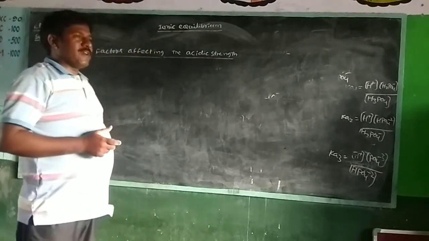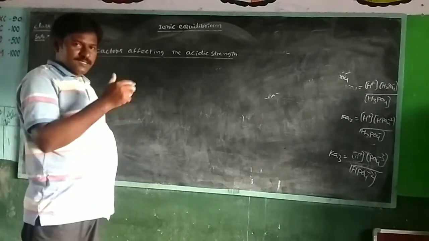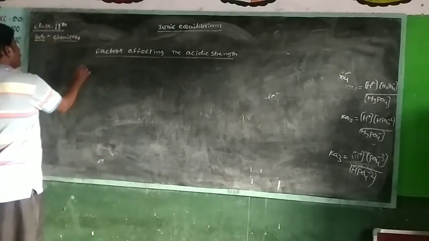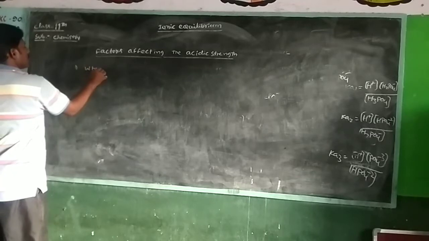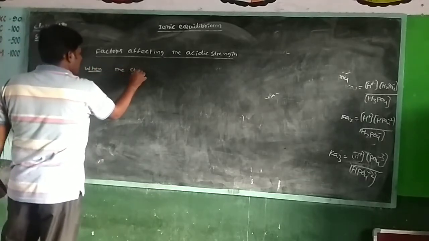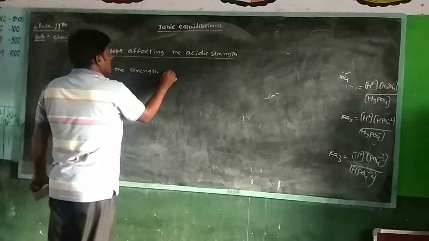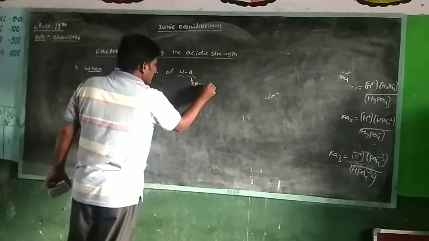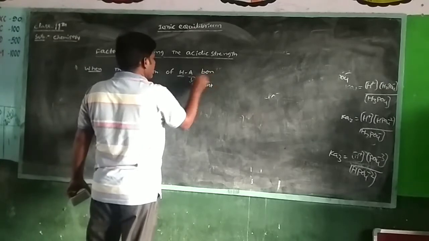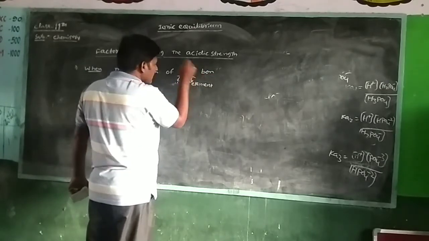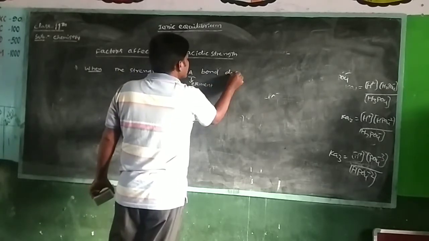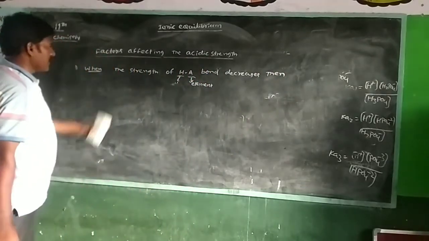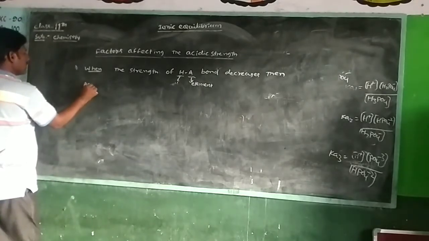That means when the strength of the HA bond decreases, then acid strength also increases. Here H means hydrogen and A means element. When the HA bond strength decreases, then acid strength also